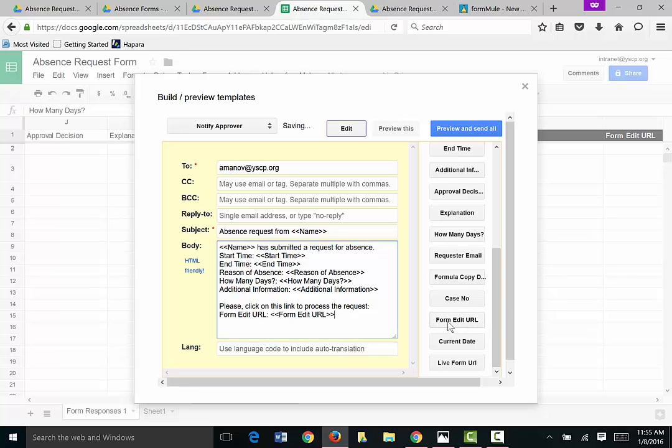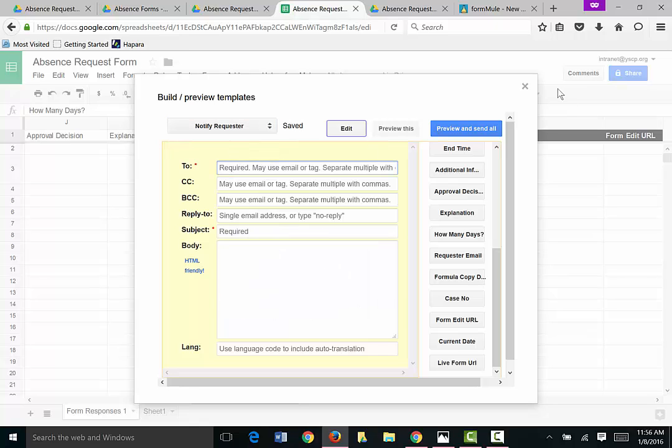So this is the link, and this is an HTML friendly area, so you can do a little tricks here. So we're going to say click on this link, process the request. Right, that's our first email, and then we'll go to the second email, which is going to the